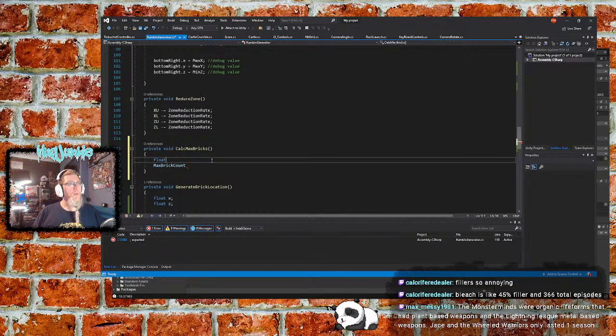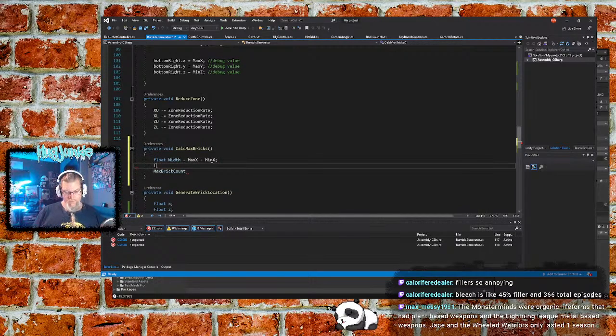So float width equals max x minus min x, and float depth. I might have got this the wrong way around, not that it really particularly matters. Max z minus min z,